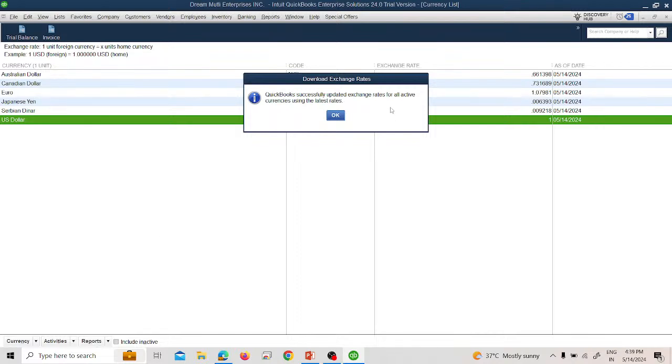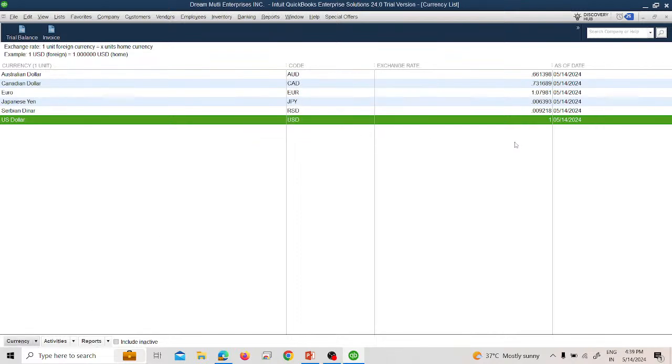So you can see that this is the currency. So US dollar is one, because we are just dealing in US dollar as a home currency, and we are dealing in another currency. Okay, so now